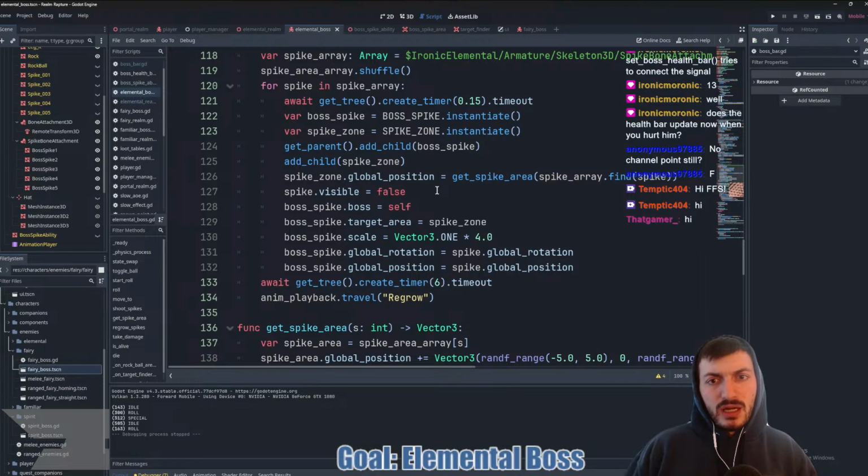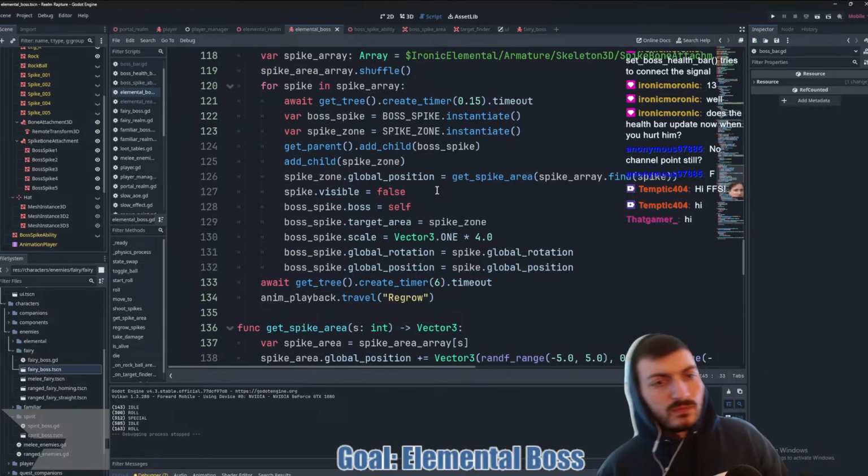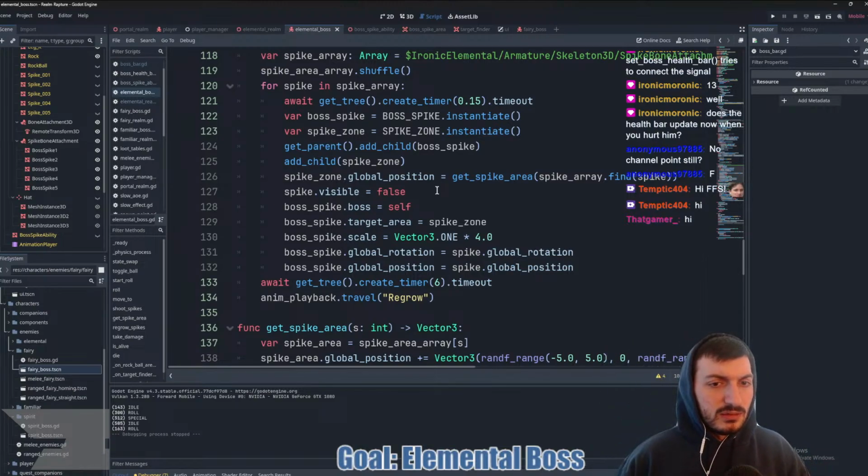So we create a timer just to get the spikes so they shoot randomly, or one at a time. We add a spike. We add the zone. And then we say the zone, global position, get spike area, spike array, fine. Now, why are we adding the zone? Oh, we have to add the zone to the boss because that's how it catches the area.